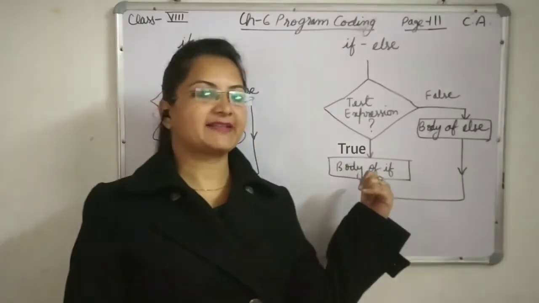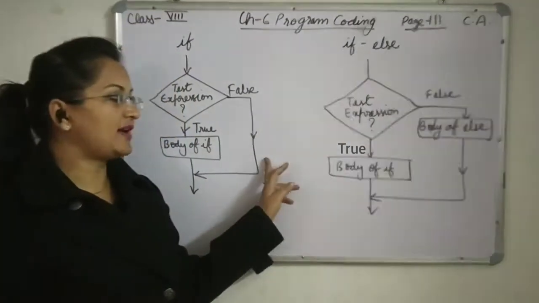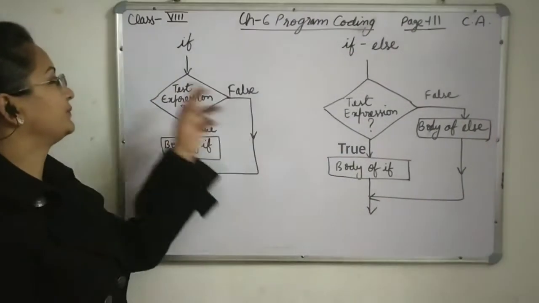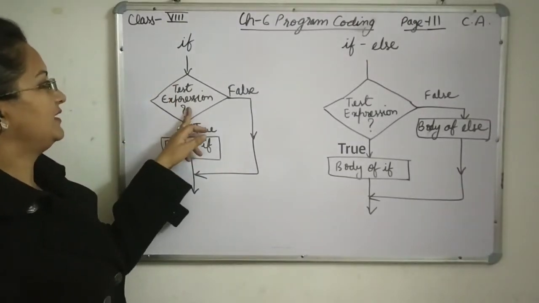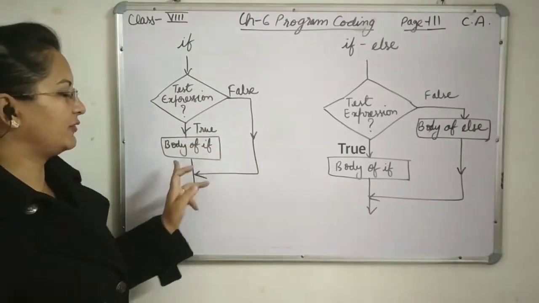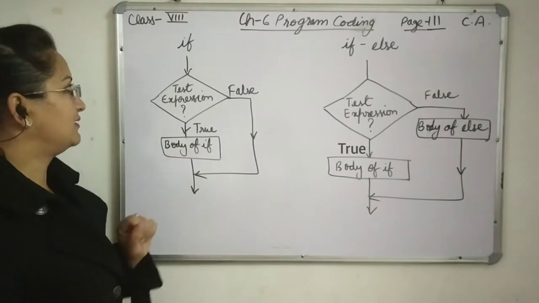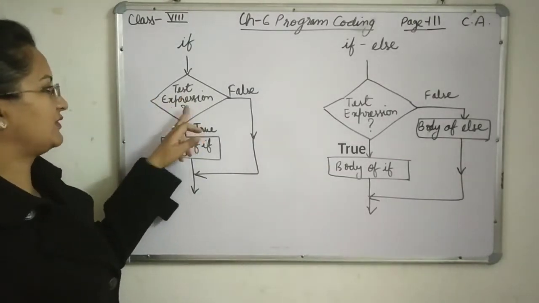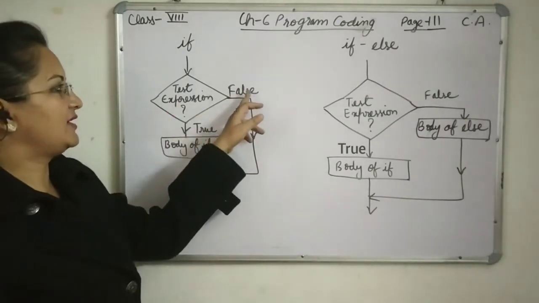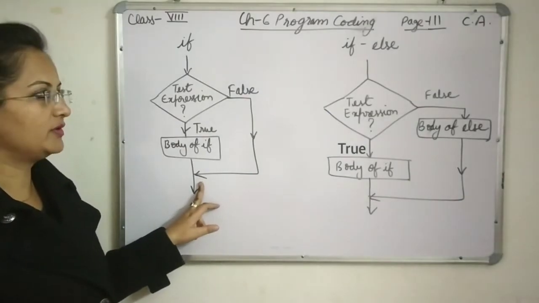Now students, we will discuss the flow chart of if and if else. This I have already told you in a previous chapter. In if, you can see for conditions we use this symbol, arrows for the flow, and a rectangle for the body, meaning the process. Here the condition will be checked. If the condition is true, the if block will be executed. If the condition is false, then nothing will be printed and it will be ignored.